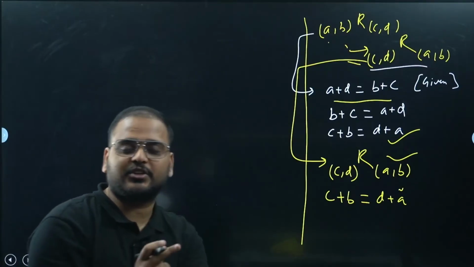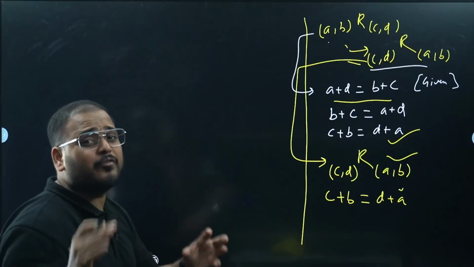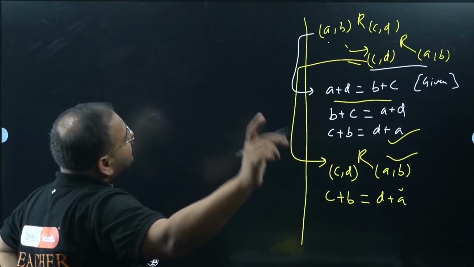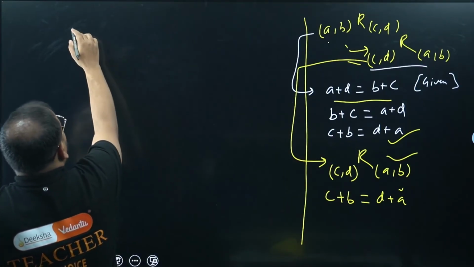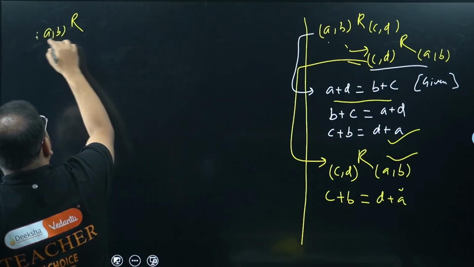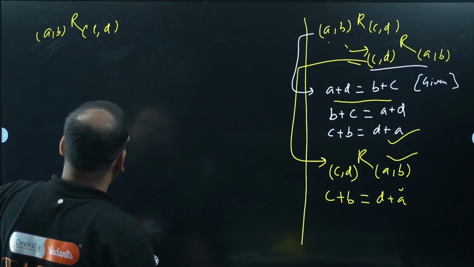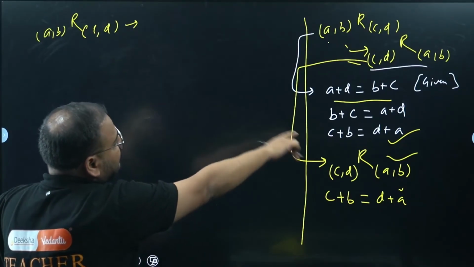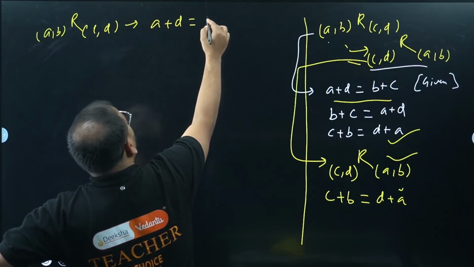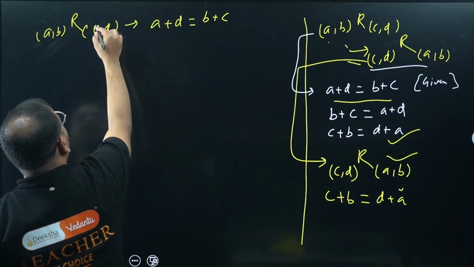I want your complete attention here because this might be a little tricky. Okay, so let's just give all of your focus on the screen right now. So for transitive, what do I need? I will need another pair. So basically, if I have R, AB and CD, what can I write for this? I can write this same statement: outer sum of the element is equal to element of the inner, B and C in this order. This is my C.